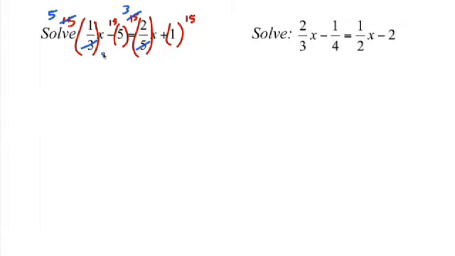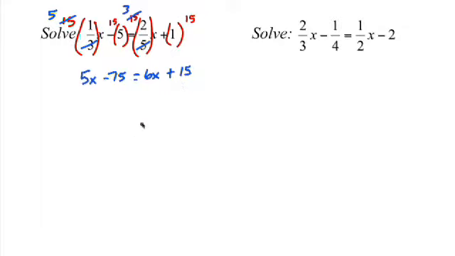So this will in essence eliminate all of our fractions, giving us the new equation of 5 times 1x is 5x, 15 times 5, 75, equals 3 times 2, 6x, and then 1 times 15 is 15. As you can see, our goal in every problem is to get it down to a variable and a number on the left and a variable and a number on the right, and then it's up to you. Once you get there, we expect you'll be home free.